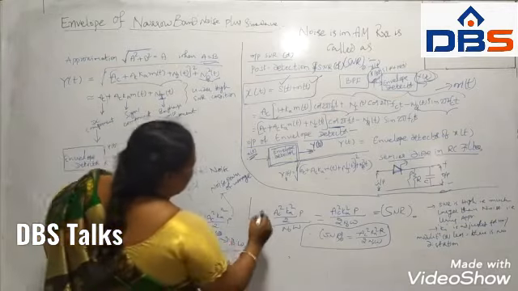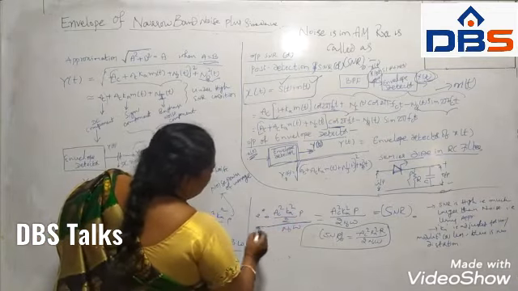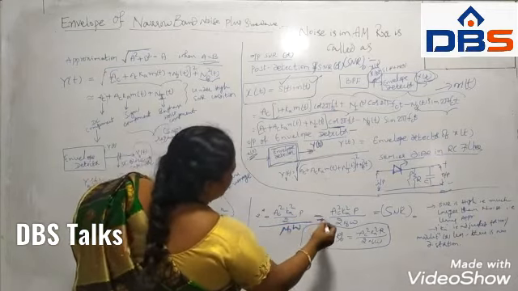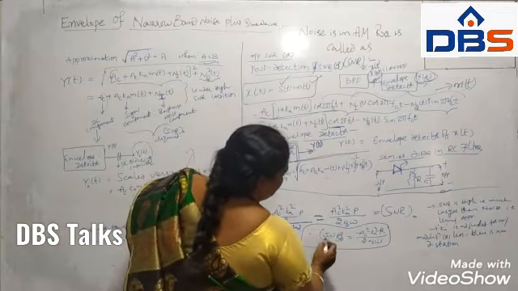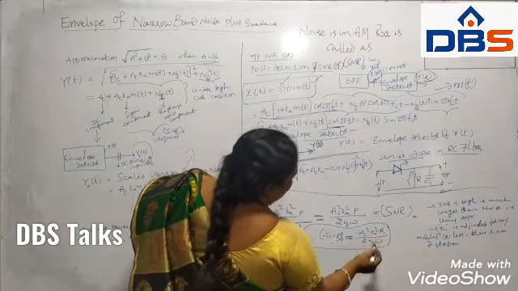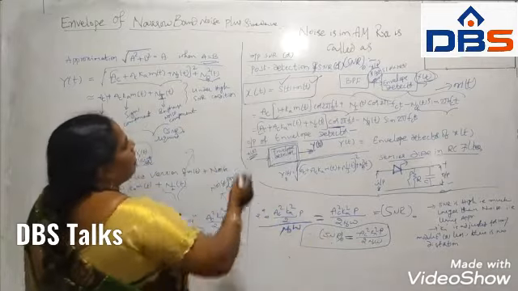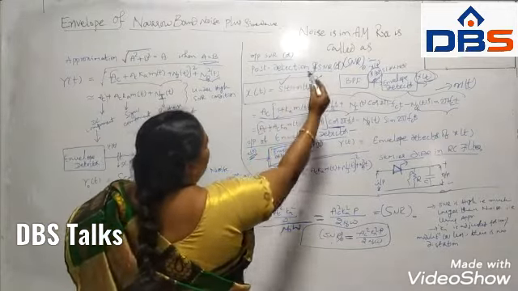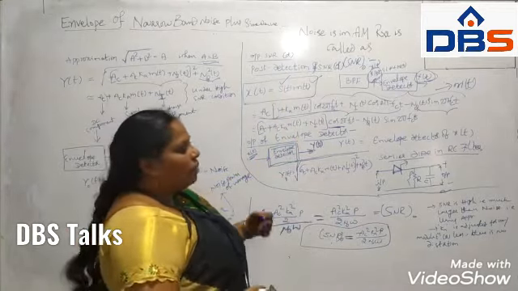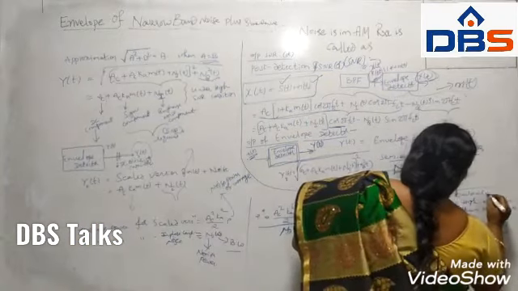Then we can write, AC square into Ka square by 2 into P, divided by the average noise power N naught into W. Simplifying this, we get the output SNR. So SNR output is equal to AC square Ka square into P by 2 N naught W. This is the post detection SNR or SNR output. This SNR output will work under two conditions only. What are the two conditions?